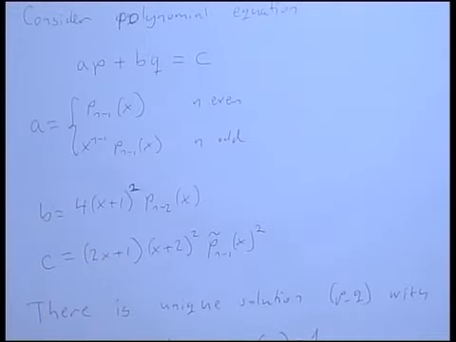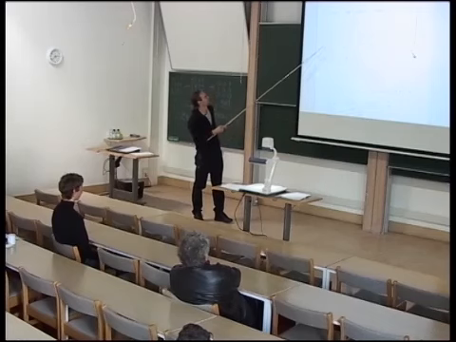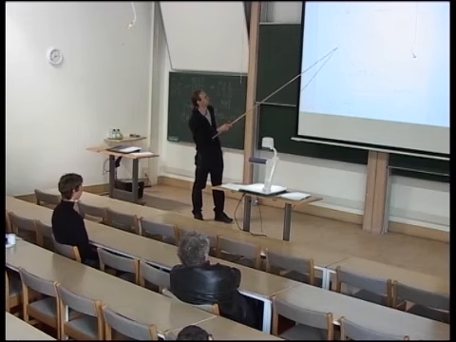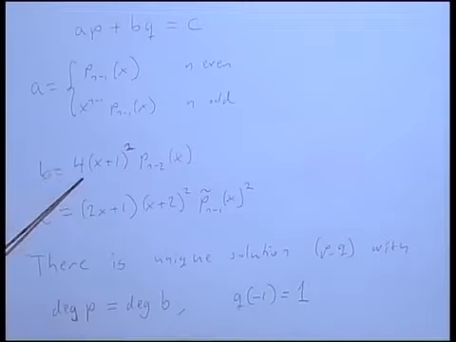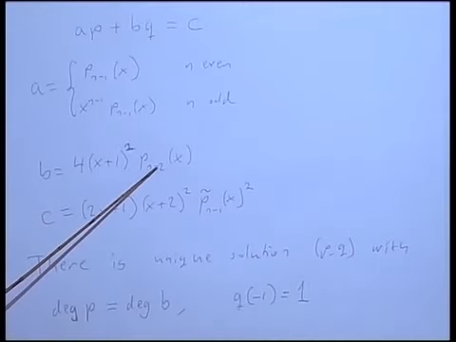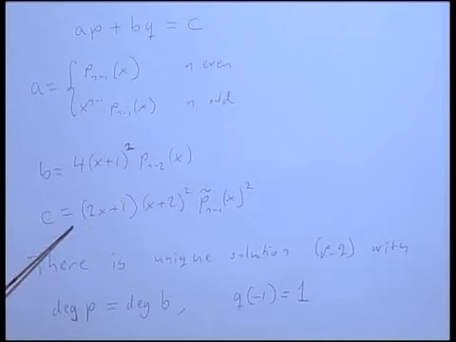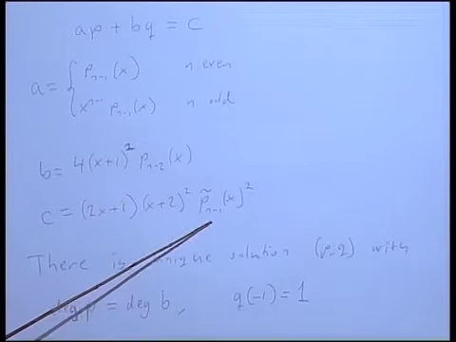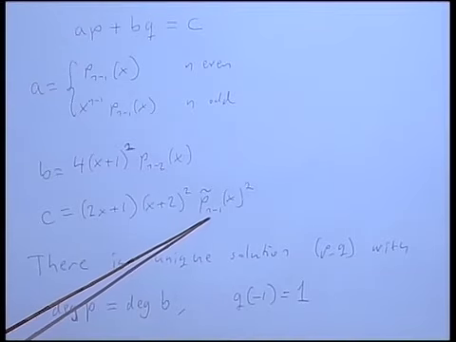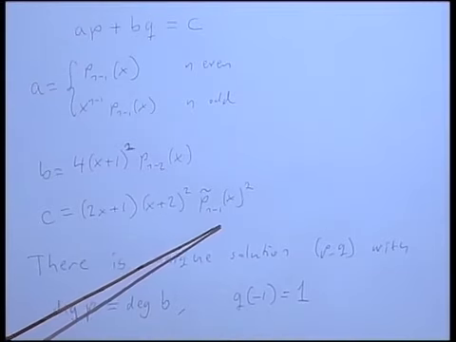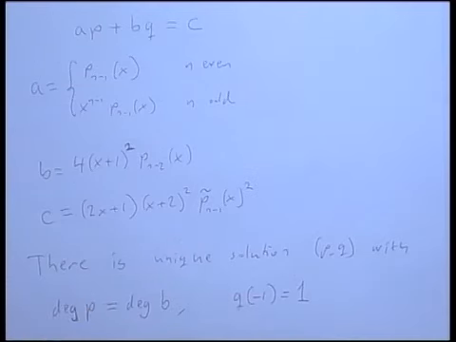So we suppose that Pn minus 1 and so on are all known. And the rule is, A is essentially Pn minus 1, but for some reason you have to plug in something extra here when n is odd. So B is essentially Pn minus 2, and C is essentially Pn minus 1, but then you have to reverse the order of all coefficients and square it.